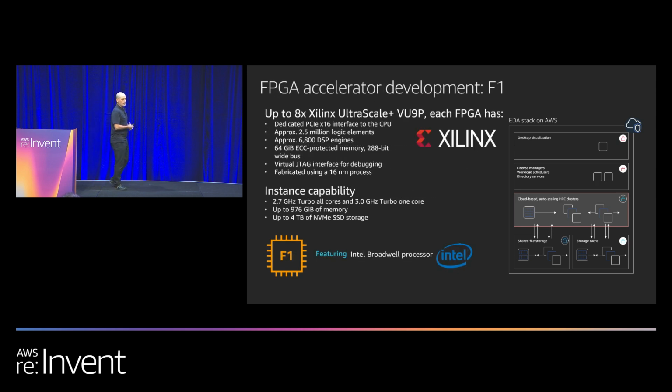And also, the accelerated instance types, right? So in this case, it's the F1, which is using the FPGA that is from Xilinx. And a lot of customers are doing some of that initial modeling and testing using this instance. And we also have some tools out there that are available on AWS that can get customers up and running